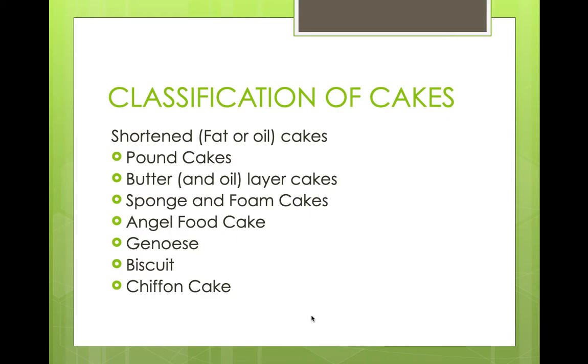Cake can be classified into pound cakes, butter cake, sponge cake, angel cake, Genoese, and biscuit cake, and the last one is the chiffon cake. So these are the various classifications of cakes, and the cakes are classified by the amount of refined flour, eggs, and egg white used in the cake. For example, if it's a pound cake, the whole recipe is based on the pound. So you have each pound of ingredients added to make a pound cake, a basic recipe which uses a pound of each ingredient.